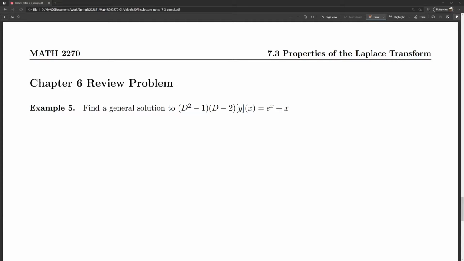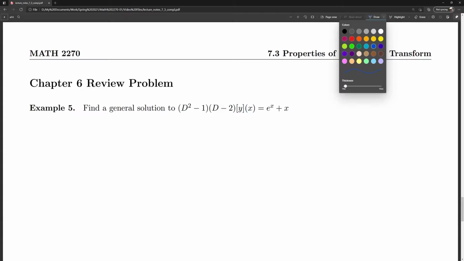In this last video for section 7.3, we'll actually do a review problem for chapter 6. So in this example, we're asked to find a general solution to the differential equation (D squared minus 1)(D minus 2) acting on y is equal to e to the power x plus x. So, general solution,